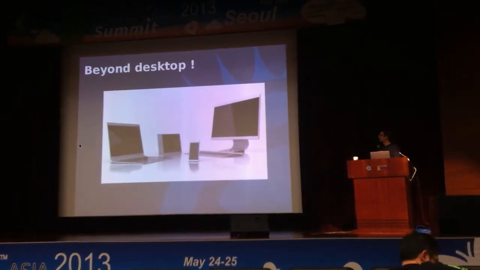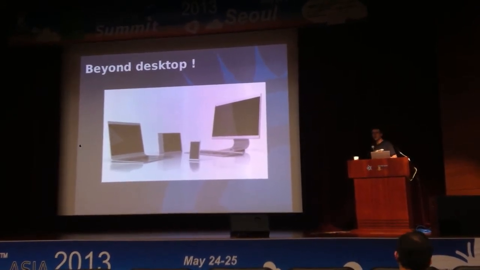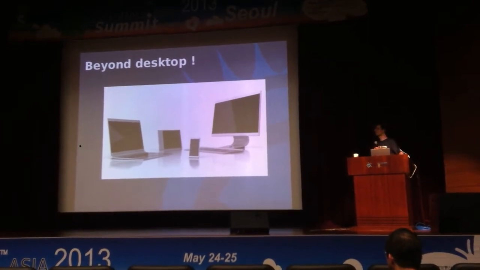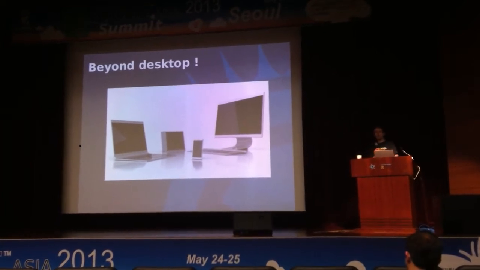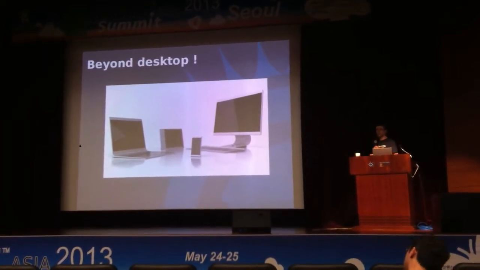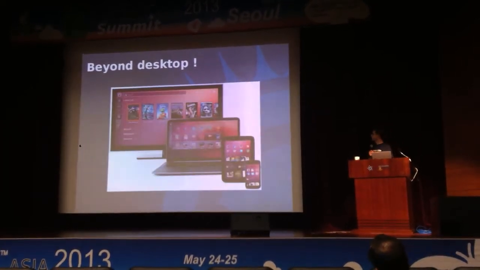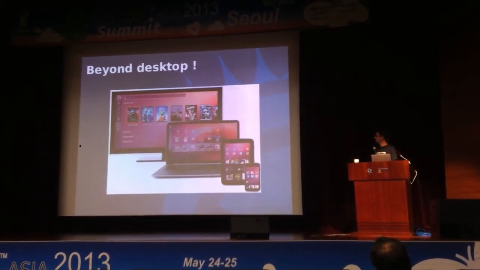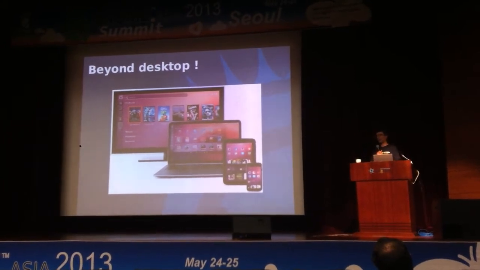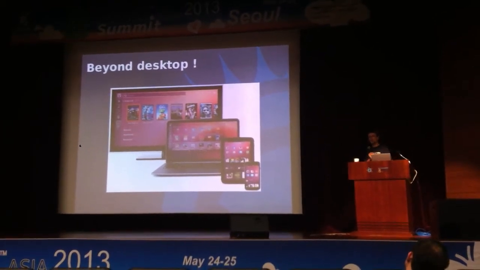And so Enlightenment was designed for going beyond the desktop. This is something the KDE guys are also doing with Plasma Active right now. The idea is that you have to have 1 profile per device, per screen, but you don't need to have 1 application per device. It's just a profile. This is also something that Ubuntu is doing, and it makes sense. They are doing a design that makes it possible to have the same application, but with different front ends, basically. And it really makes sense for the long term, because a mobile phone, if you accept the battery problem,